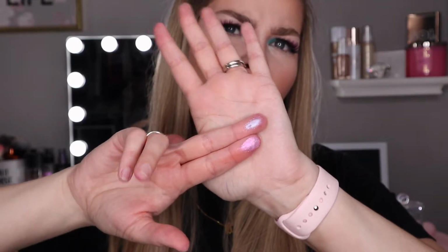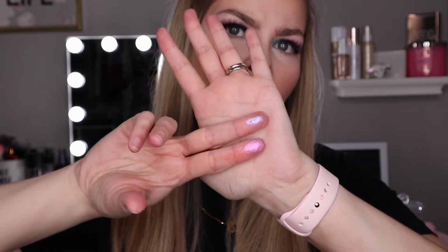The shimmers on these are so pigmented. I'm going to just swatch these for you guys because they are so pigmented. Oh, I think I actually swatched these for you guys in a different video, in my shopping haul video. But as you can see, these are just so beautiful. Oh my goodness. Okay. And then the last one is the Cara Beauty Across the Rainbow palette, and just like the name suggests,